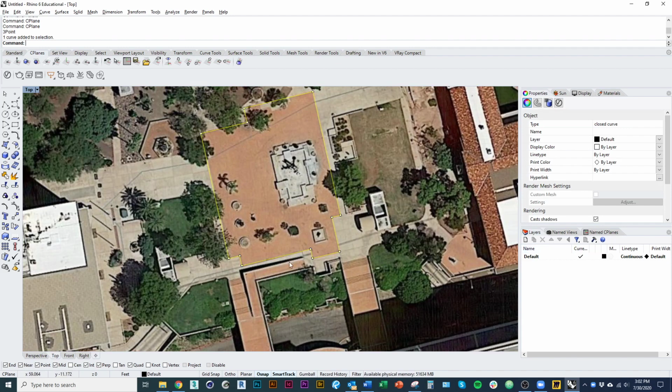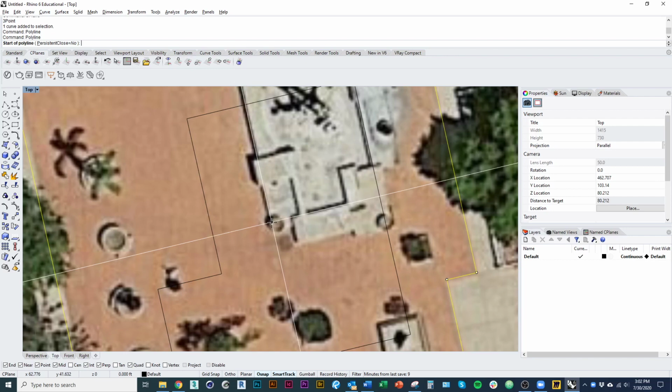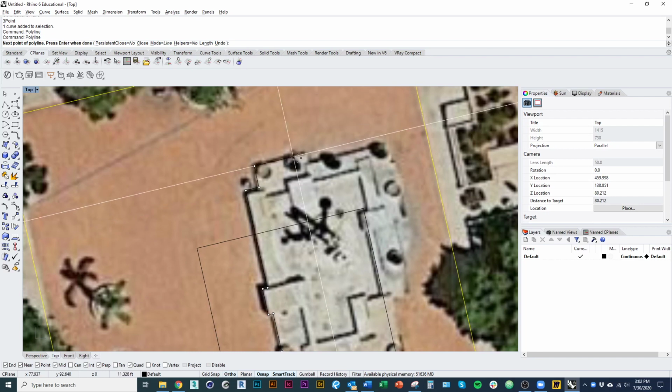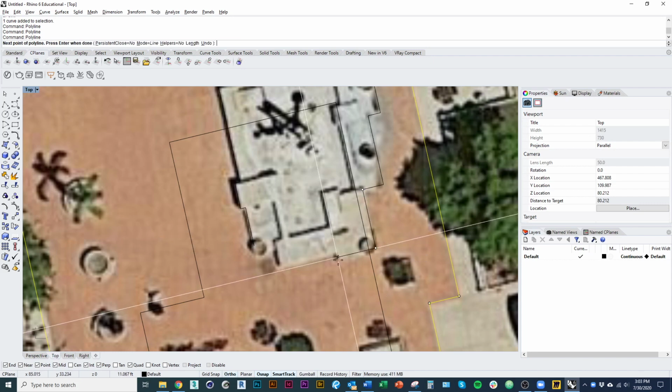And so now I've changed my orientation. So when I draw a polyline, for example, you can see first of all my cursor has changed its orientation. And when I hold Shift now, I'm still drawing along those dimensions, even though my image is tilted. So I could still trace things out. The only trick here is that if and when you change your viewport, you may lose some orientation, or you may lose this C-plane orientation. So what you want to do is